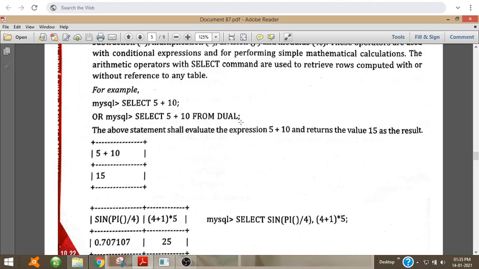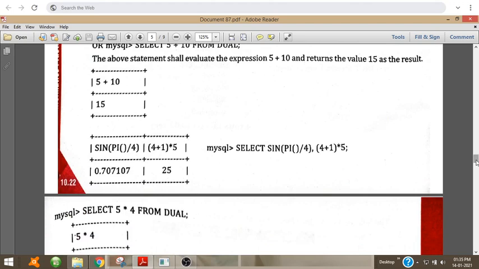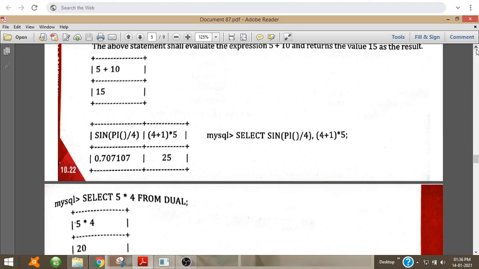So dual means a dummy table which contains one row.